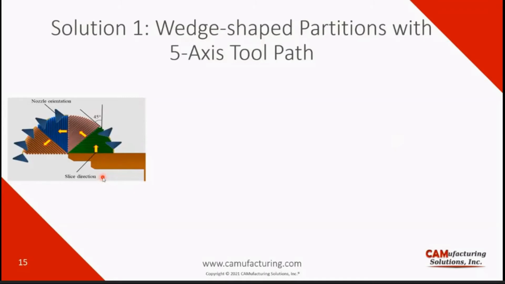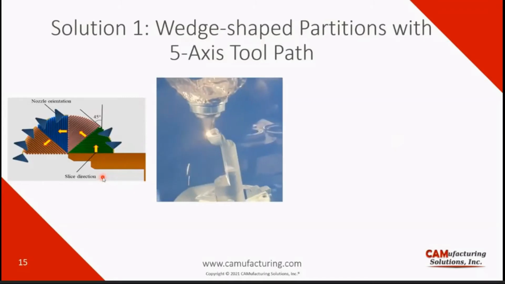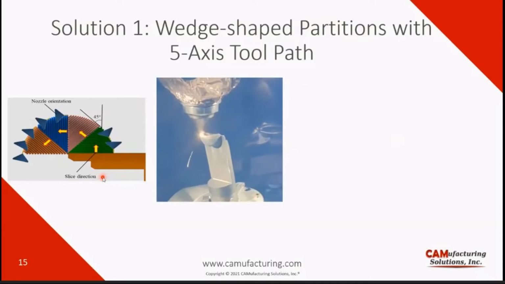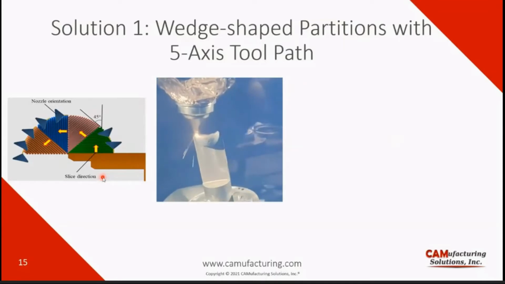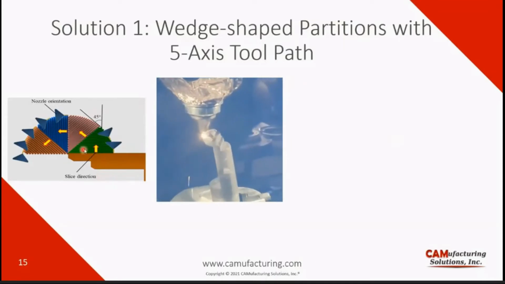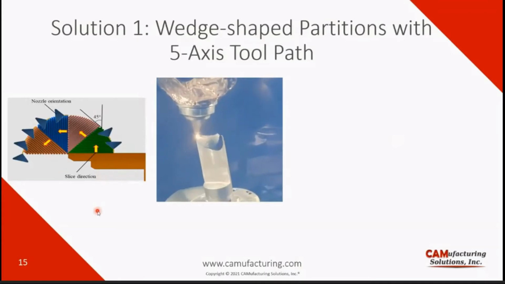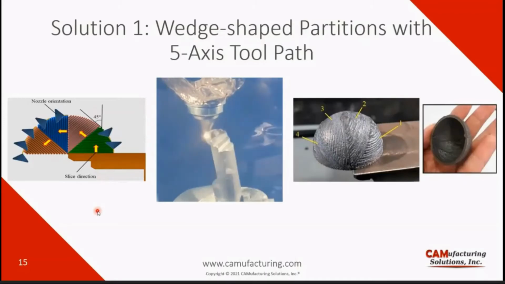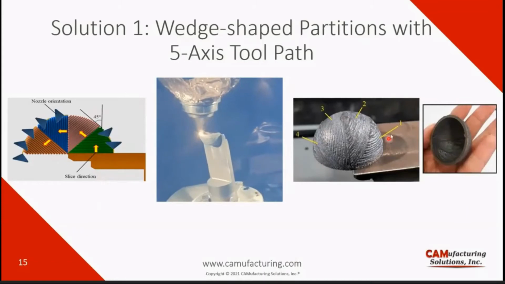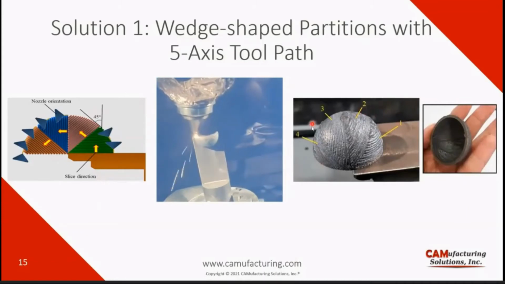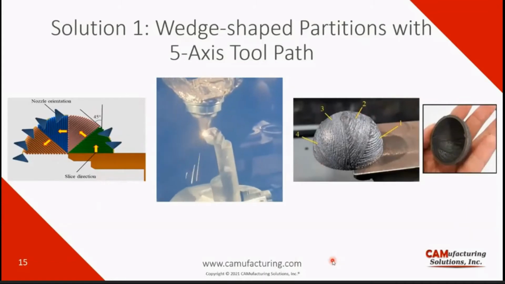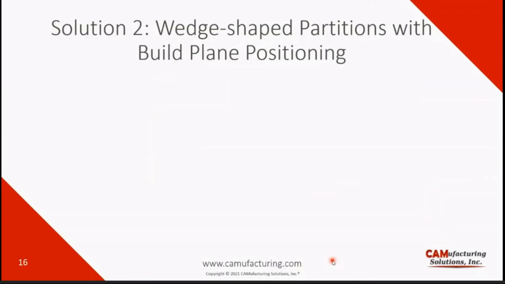For each of them, we always had the nozzle tangent to the part. Therefore, we made this wedge first, and then the second one, and the third one on top of that, and the fourth one. And we actually were able to build the part. As you can see in the right picture, we made the dome without any support material by using 4 different wedges. But it usually might be easier to have your nozzle normal to your surface rather than having it tangent